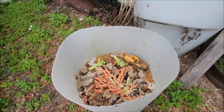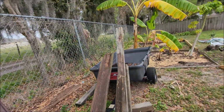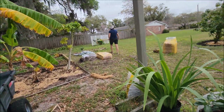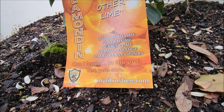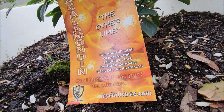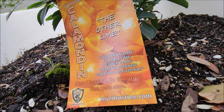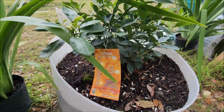You know, she's gonna stir it up and then use that for the thing. I'm just saying, it just says the other lime. See? Calamansi lime, golden lime, scarlet lime, Panama orange. Oh, it's a hybrid? Yeah. So maybe it's...